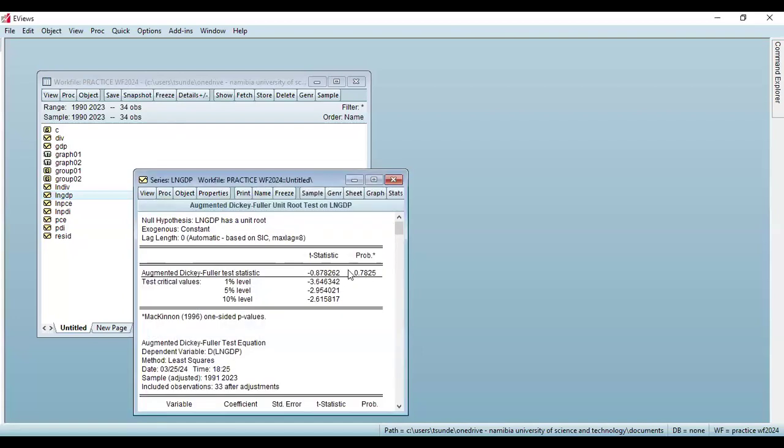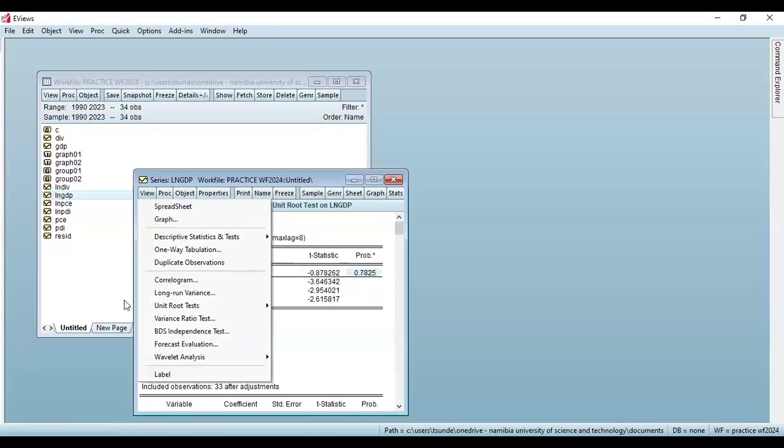We do this. What is this telling us? It's non-stationary. It's non-stationary because the calculated t-statistic is not more negative than the critical values. It's more positive. It's greater than all these critical values. If you look at the p-value, it's also telling us that the variable is non-stationary in levels. Then we go to the next test